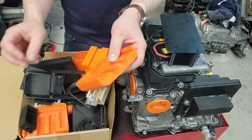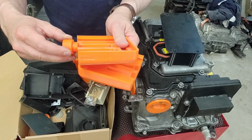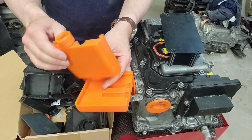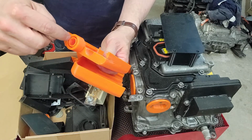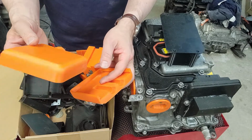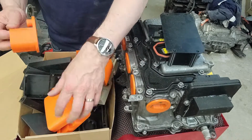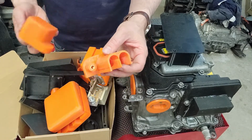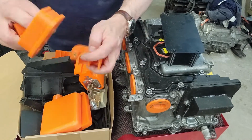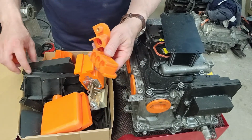Multiple variations on my high voltage connectors. Had some, as you can see, with screw-in grommets, and the shroud fits in there nicely to make it all nice and neat and tidy. May end up using those at some point. Those were kind of cool. I designed things like that for the back of the Prius. I've got multiple high voltage connection options for the back of the Prius inverter for the DC input,